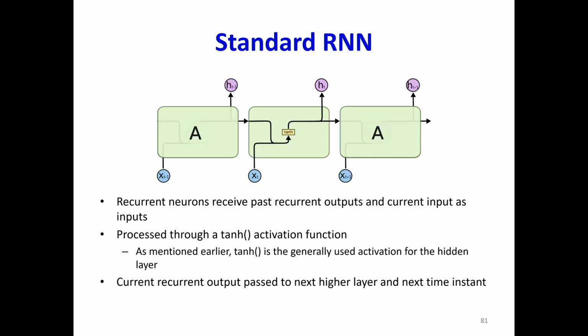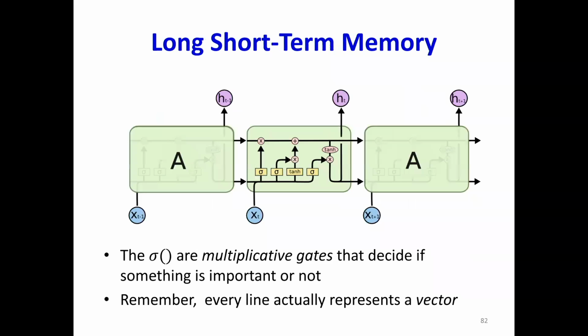So a recurrent cell performs this operation. It reads in the recurrent value from the previous time and the current input to compute the current recurrent output, which can go into the subsequent layers upstream or into the future, right? This is going to be modified by this pretty hideous looking structure, but the structure is not as hideous as you would imagine. The logic that's encoded in it is fairly intuitive if you think about it, with a little bit of stuff they like to throw in, a few extras.